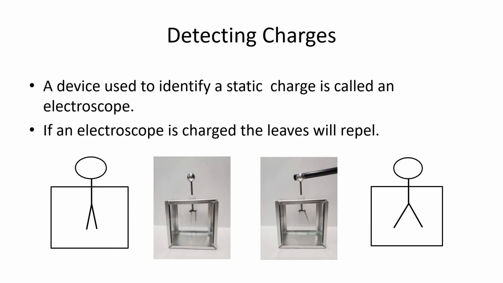Okay, in order to tell if something has a charge, you might get a chance to use a device called an electroscope. So an electroscope has two metal leaves. They used to be made of gold. Now they're some metallic mixture. You can make your own at home if you like out of little pieces of aluminum foil. And what happens is that if you give this object a charge, the little ball at the top, say with a rod that you've charged, this is like a negatively charged rod,